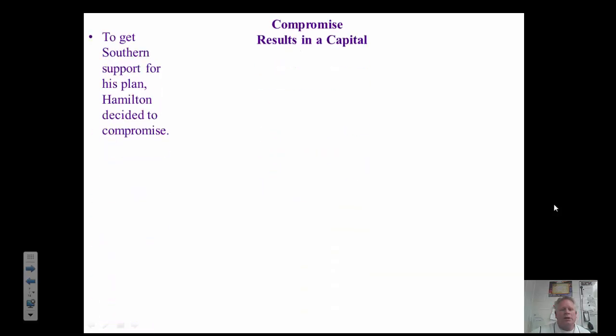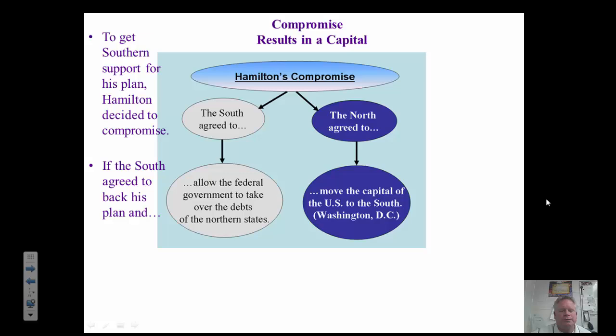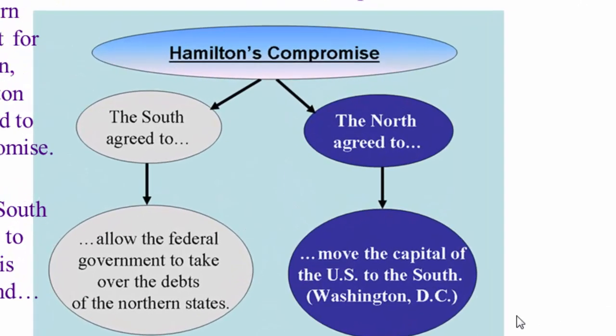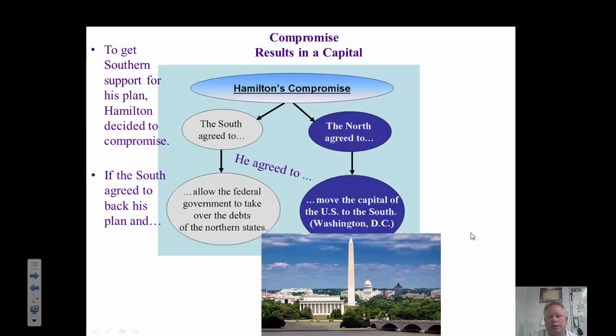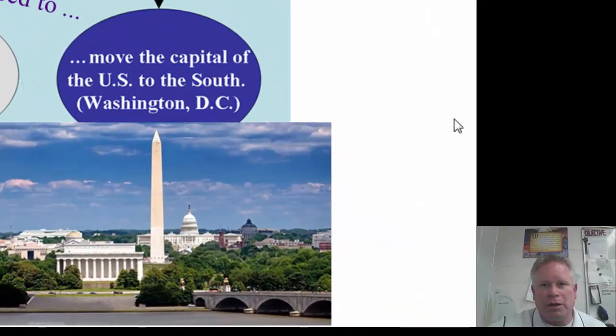Well, Hamilton decided to make a deal with the southern representatives so they would support his plan. If the South agreed to back his plan and allow him to take over the debts of the northern states, then he agreed to move the new federal capital into the South, which would be Washington, D.C. Now, the southern representatives jumped all over this idea because this was a good deal for them. They were basically trading millions of dollars from the federal government for billions of dollars and a great economy over